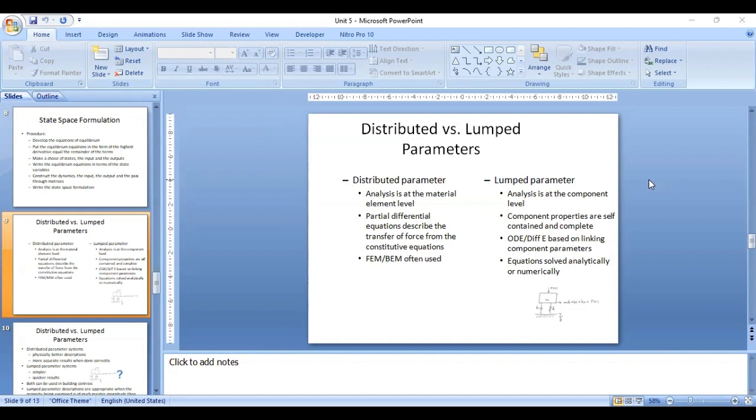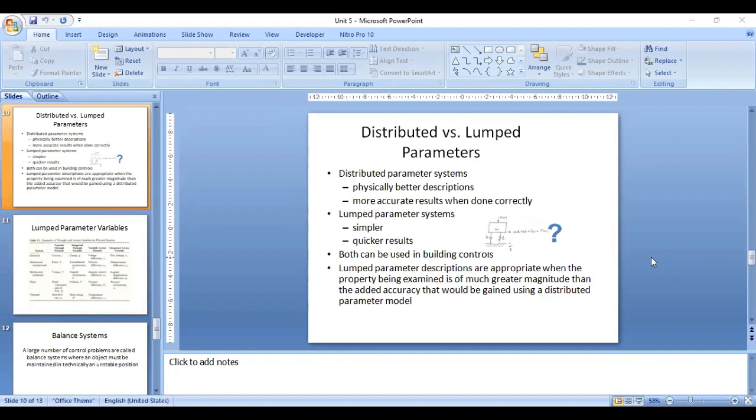So in the distributed parameter model, the partial differential equation describes the transfer of force from the constitutive equations, whereas in lumped parameter, the analysis is at the component level. The component properties are self-contained and complete. So the equations are solved analytically or numerically in the lumped parameter models. In the distributed parameter model, physically there will be better descriptions and the results are more accurate when